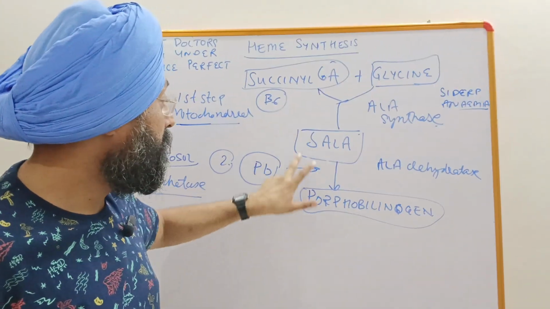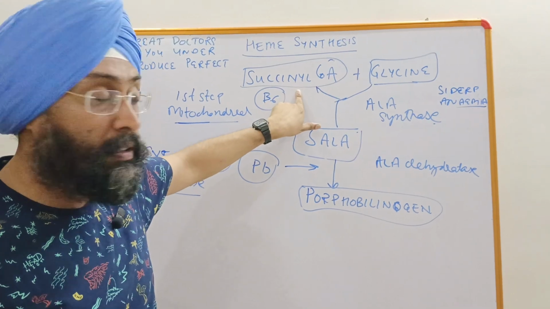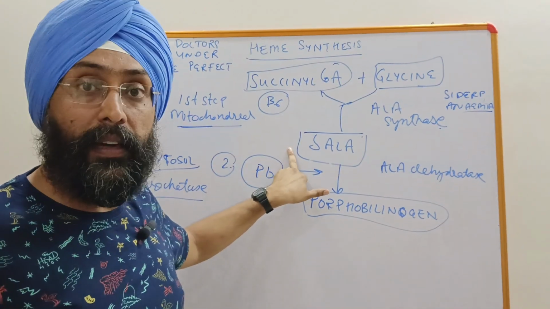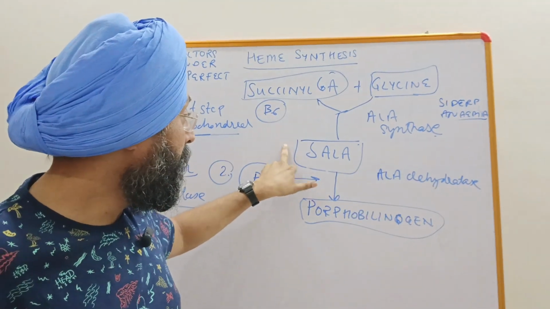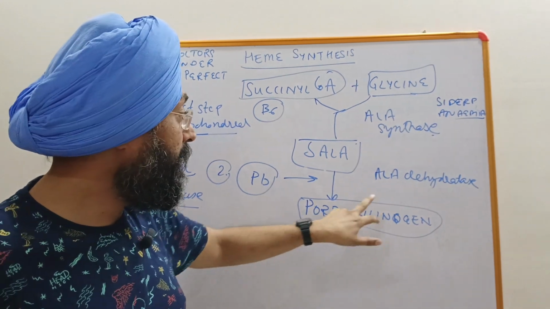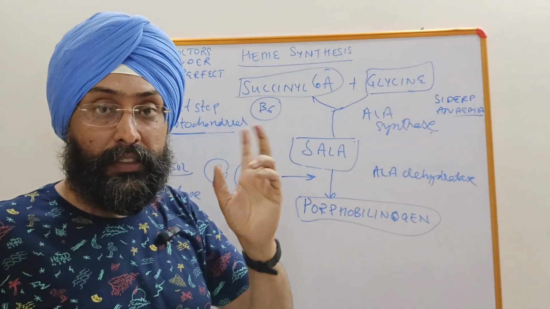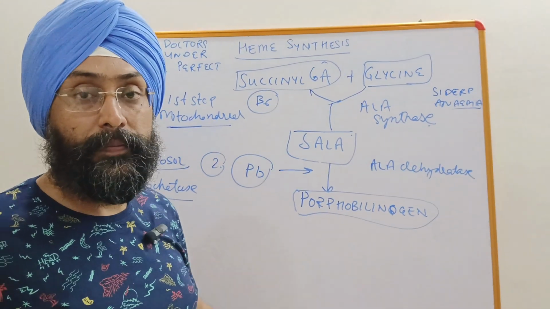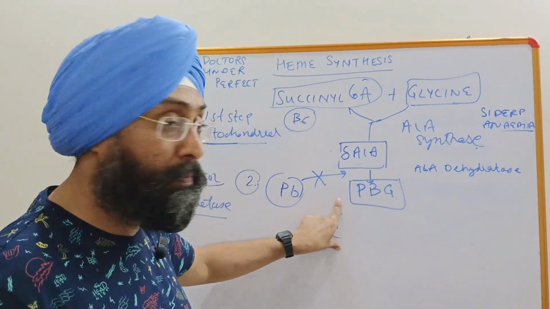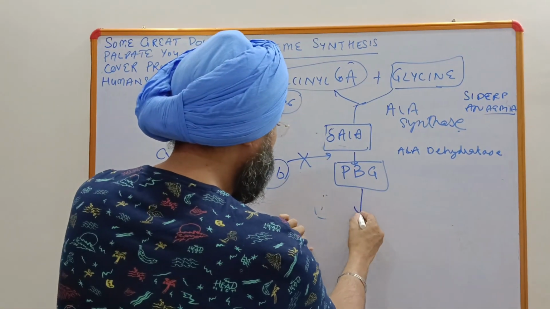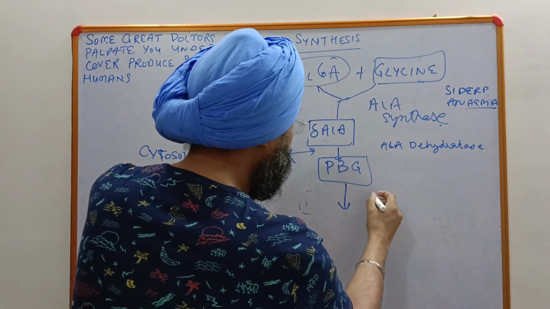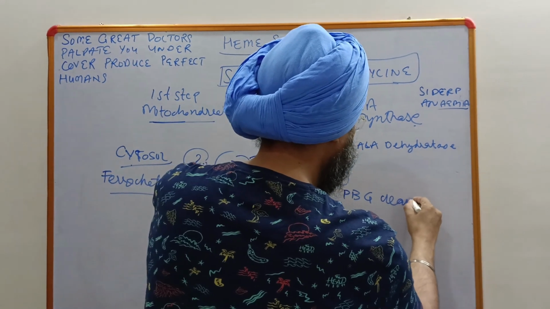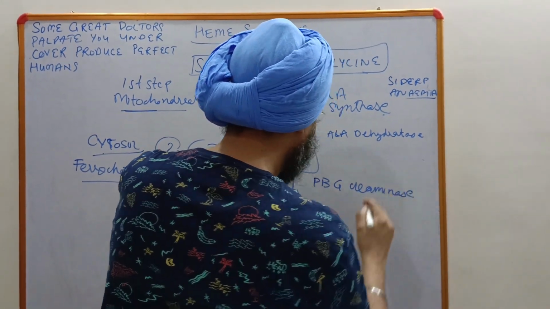Some great doctors palpate: succinyl CoA from TCA and glycine, in the presence of ALA synthase, will form delta amino levulinic acid, right? From ALA we will synthesize porphobilinogen by the second enzyme, D for the second, ALA dehydratase, and we will get porphobilinogen. Now this porphobilinogen will undergo a deamination reaction by porphobilinogen deaminase, right? And we will get